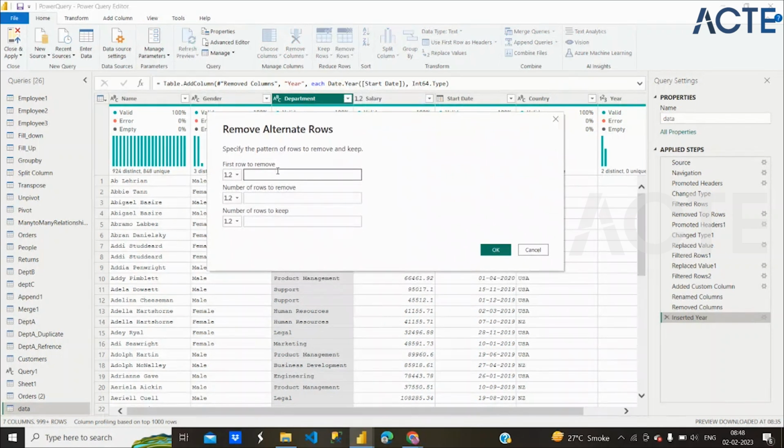Okay, as you said, can you remove the rows in between or not? Like if you don't want 10 rows or 12 rows, can you remove them or not? So it is possible. You can give the first row to remove. So which row do you want to remove? Suppose you want to remove the ninth row, then you can give 9, and for the number of rows, suppose you want to remove 5 rows from there,